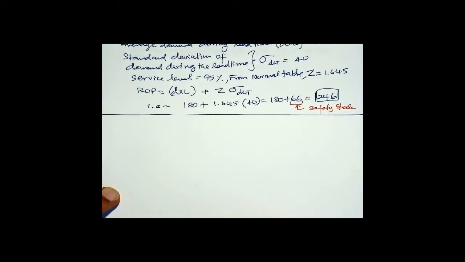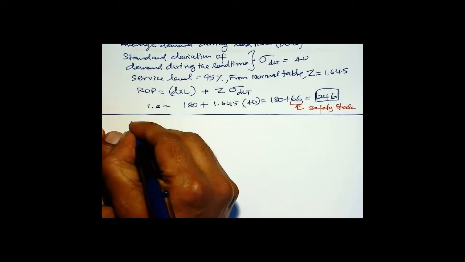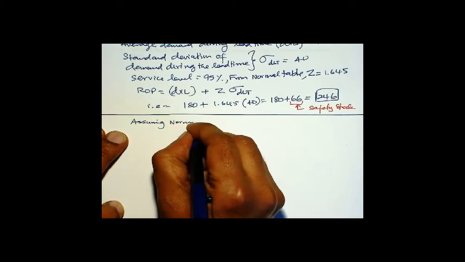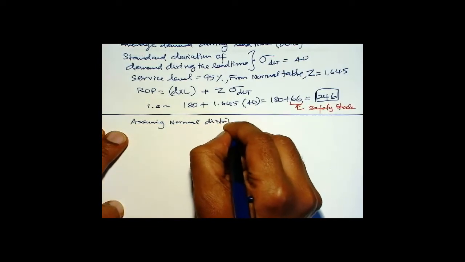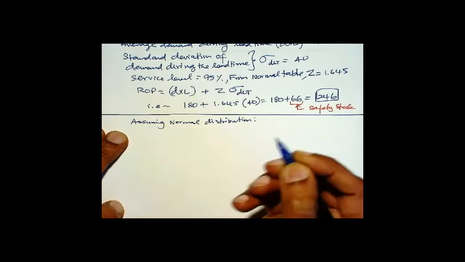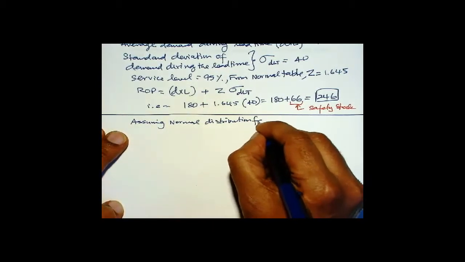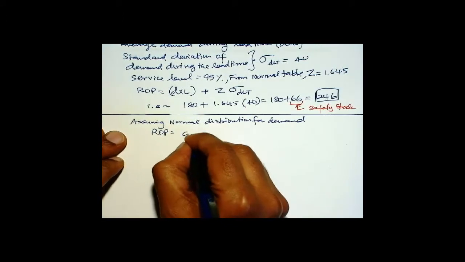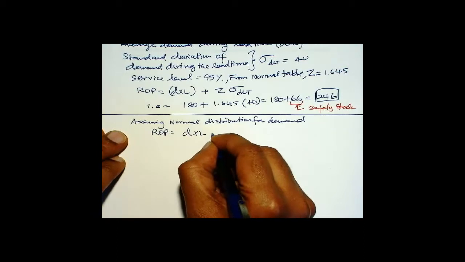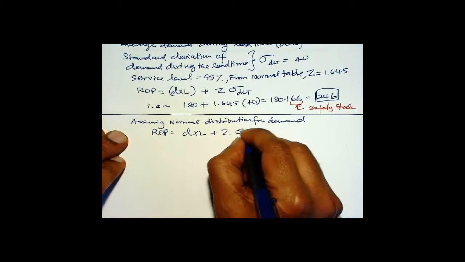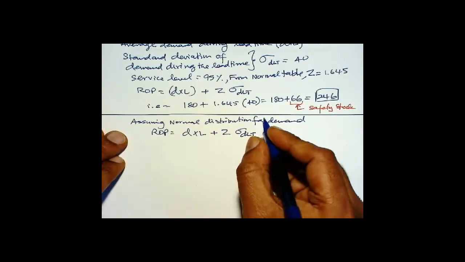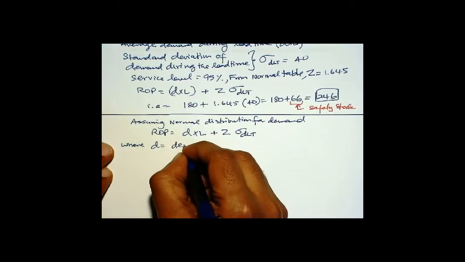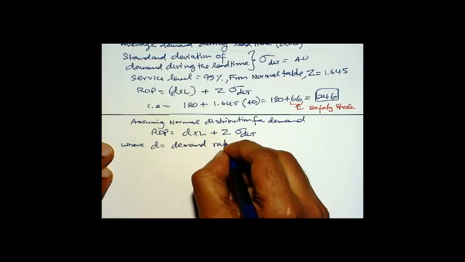So, assuming normal distribution, for demand, ROP is D times L plus Z times sigma sub DLT, where D is demand rate, L is lead time,